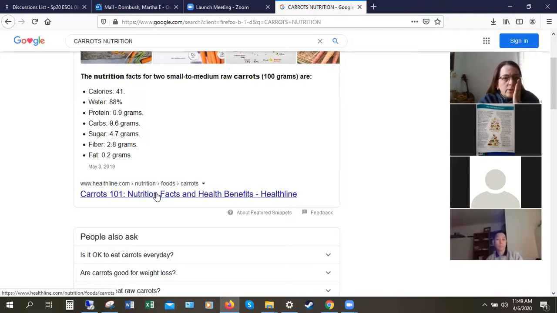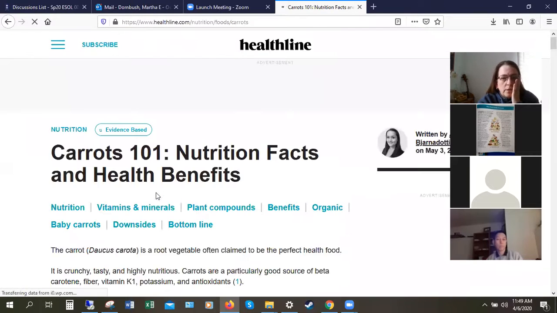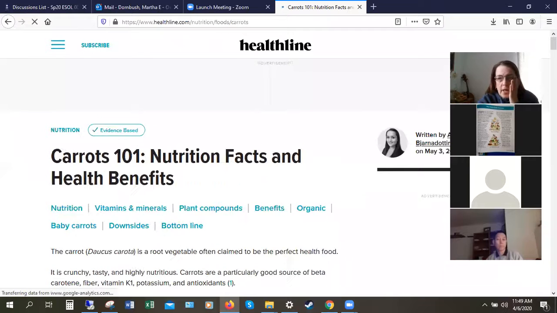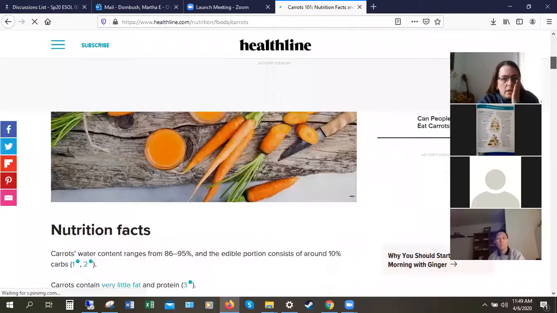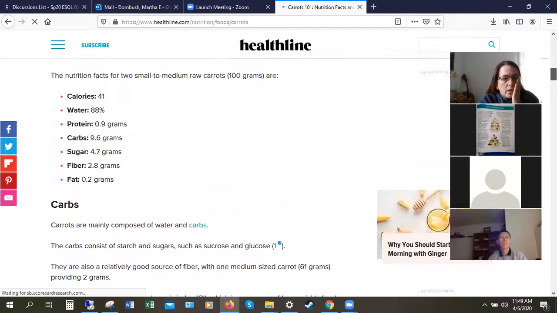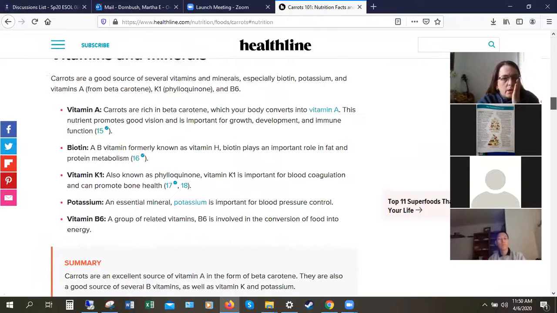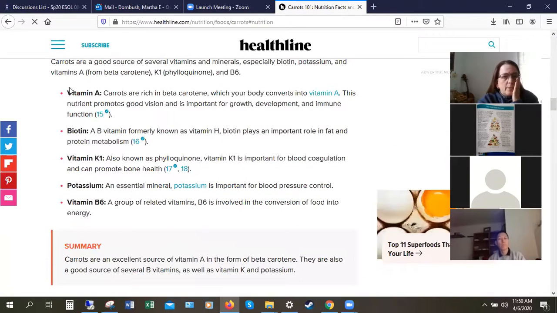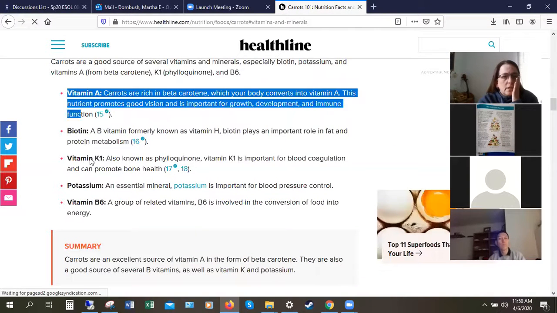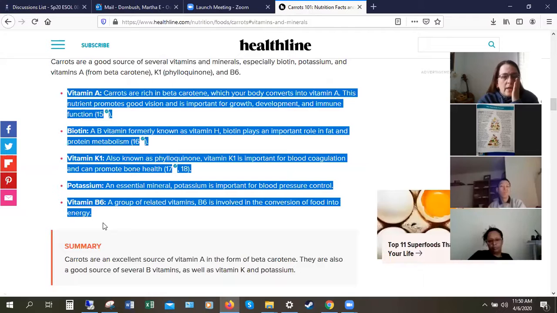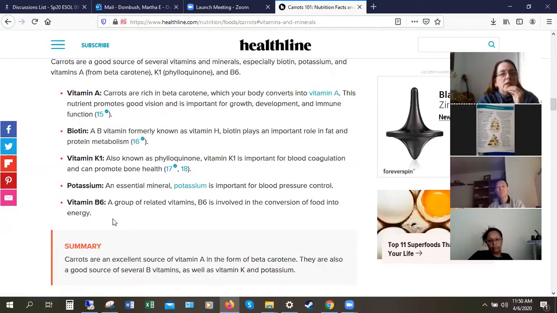I don't know why they aren't listing any vitamins, because I know there's vitamin A in carrots. So it might depend on... here, vitamins. These are all the vitamins that are in carrots. Okay. Now, you don't have to list every single little detailed thing,